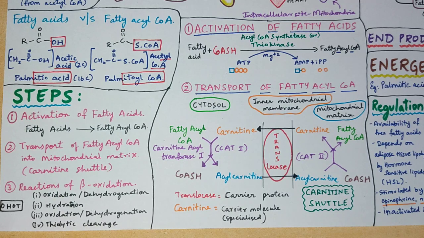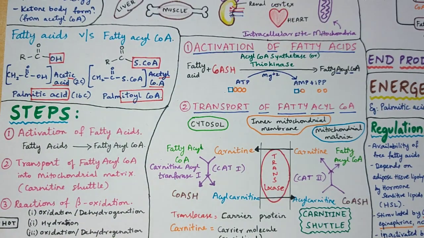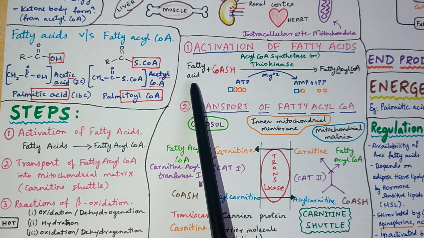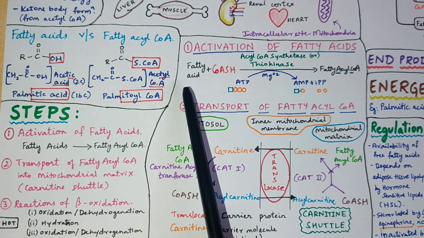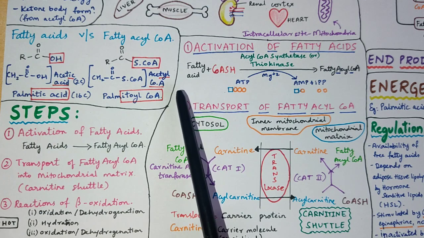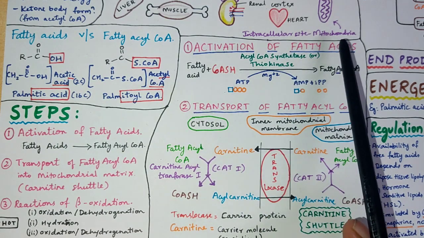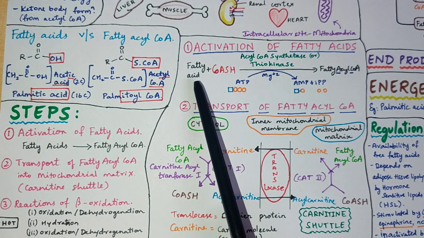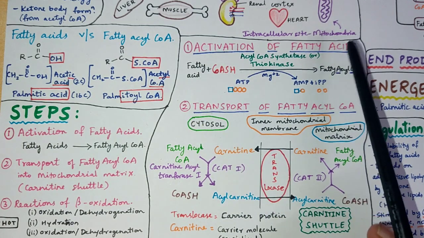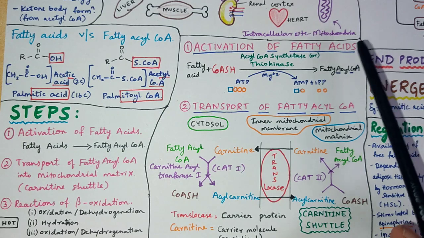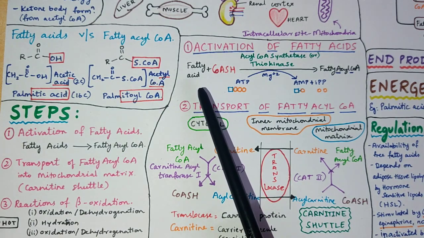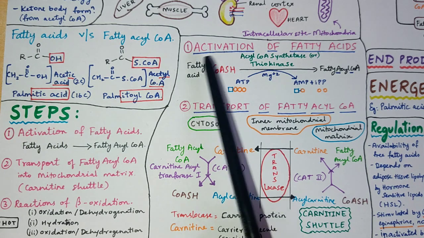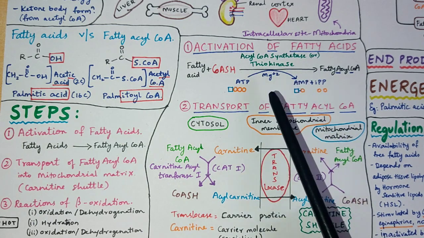Okay, now I'll exactly tell you why all these three steps are important. Let me tell you a story first which forms the framework of our metabolism, and we will understand it in a better way. Let's assume this fatty acid as a small kid present in the cytoplasm reached by the blood circulation, and where does the oxidation occur? In the mitochondria. Now what should happen? This kid should reach the mitochondria, but the kid is so small it can't reach on its own, so it starts crying in the cytoplasm telling, "Mummy, please help me out. I can't reach mitochondria. Please activate me so that I could enter the mitochondria."